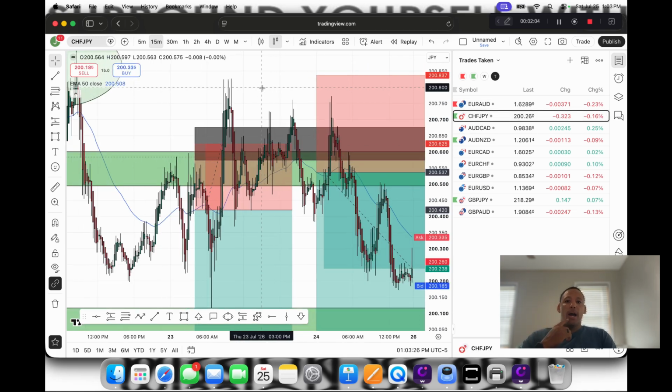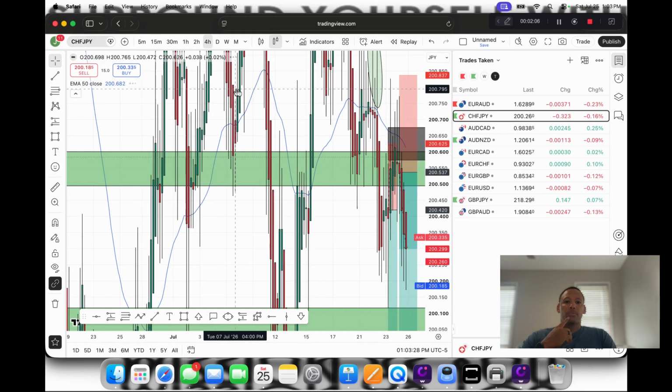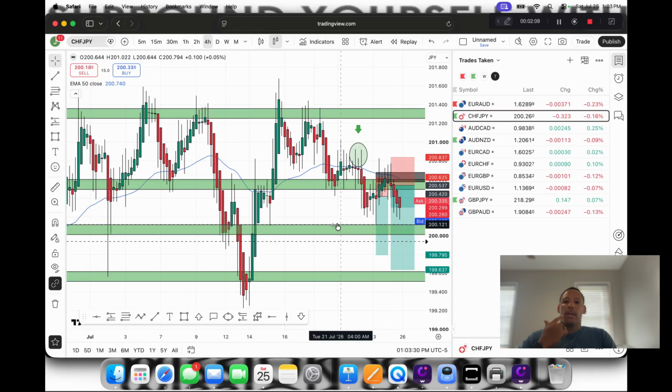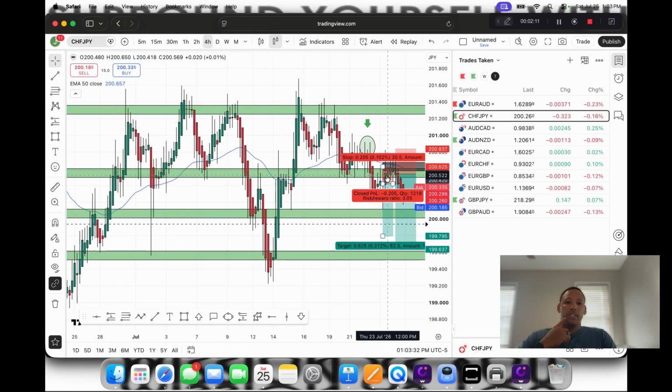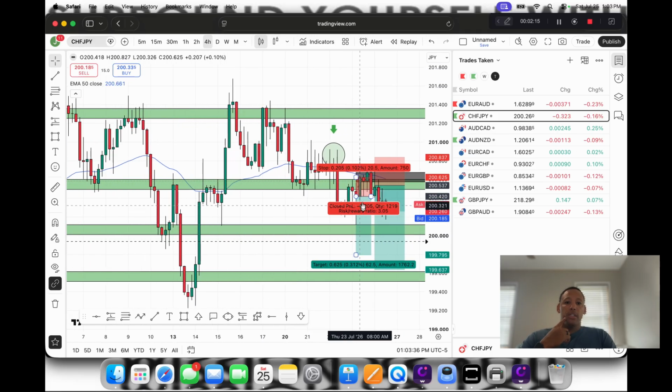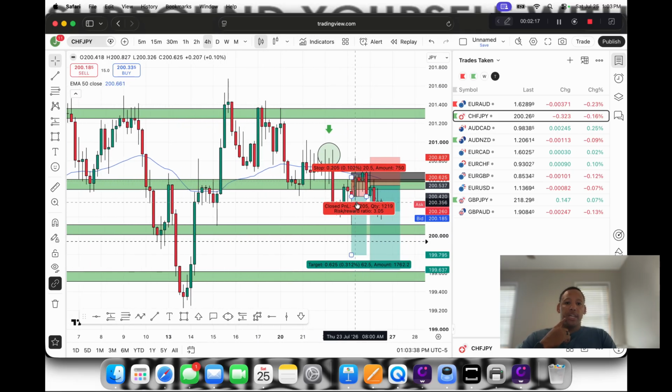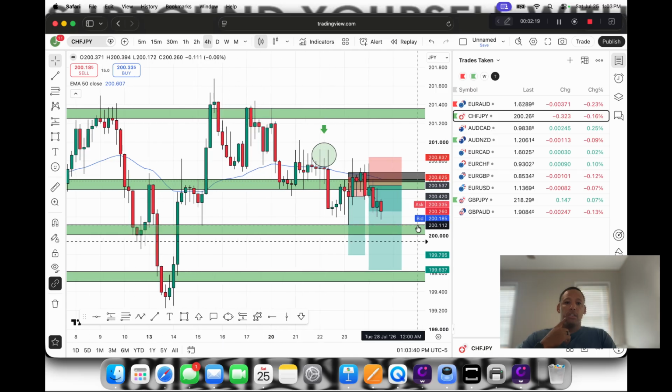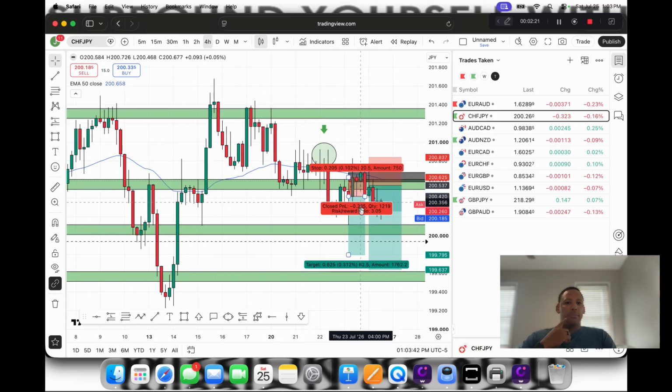Chef, JPY. Here's another one. We were in an H4 downtrend, underneath the zone, we're looking to sell. Well, the first trade, right, we got a rejection candlestick. The first trade, we were stopped out. Stops were a little tight,